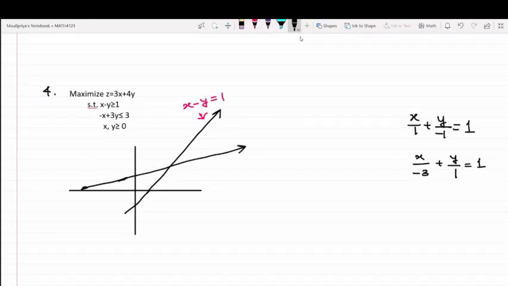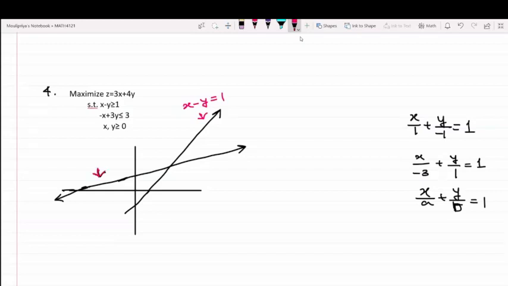x by a plus y by b, what does it mean? Along the x axis it is a units, along the y axis it is b units. So drawing the line would be easier, isn't it? It would take much less time. There is no other reason, this is the only reason.